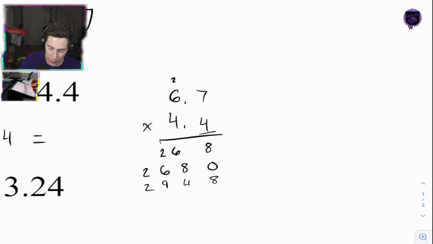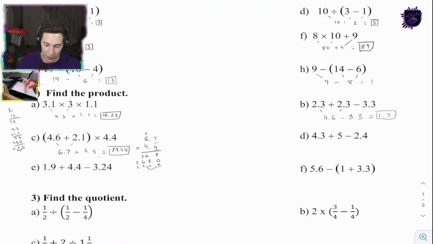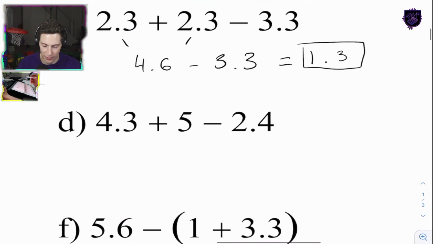And then we look at 2 decimal places over, 1, 2, 29.48. That's it. That's my answer. Are you with me so far? I hope so. Oh, no multiplication here. We just have addition. So we go